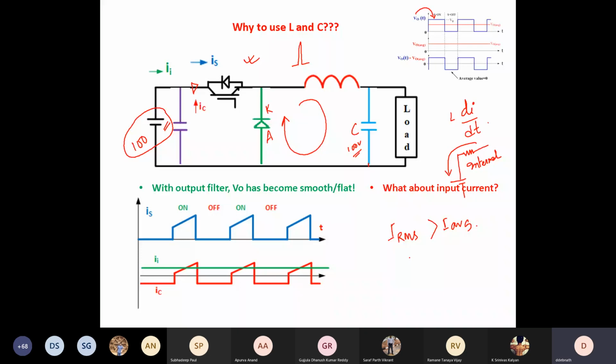So then we understood that if I add a capacitor here in parallel to the DC source, then this capacitor can give us that pulsating AC current. So we divided this actual switch current into two parts: one is the average value, this green one, and an AC value having average zero. If the battery is supposed to provide the green part, then someone has to provide that red part, which is basically that AC part. And we understood that resistance is not a good solution. Inductance is also not a good solution, but a capacitor can give you this solution.